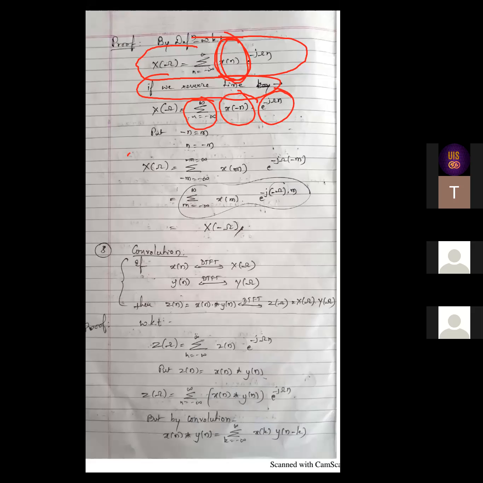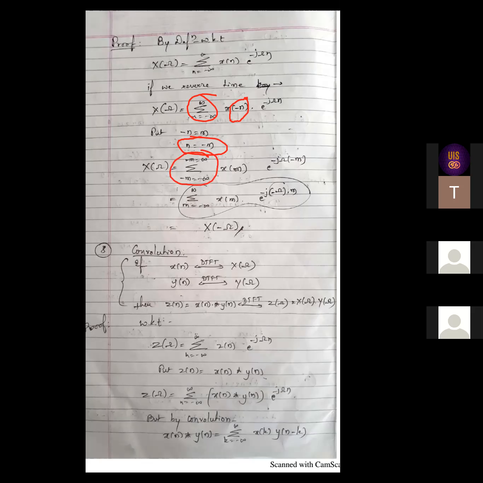So how to proceed further? Simply put this minus n as some variable m, or x or l, whatever. Then as the summation has n, what will be n? n is equal to minus m. So simply substitute all these things. If you substitute, the summation is for minus m from minus infinity to plus infinity. Why minus? Because the n value is minus m. And again,